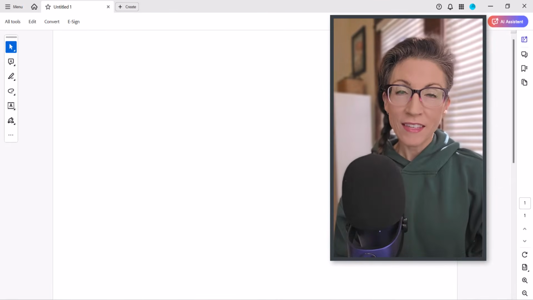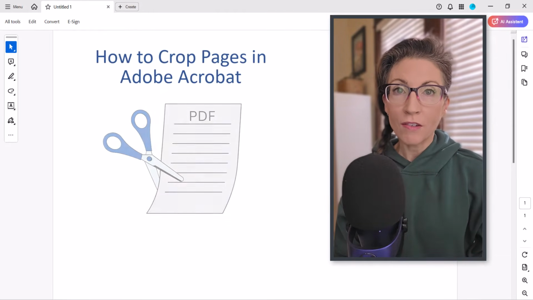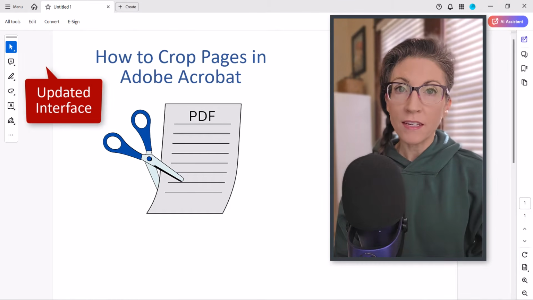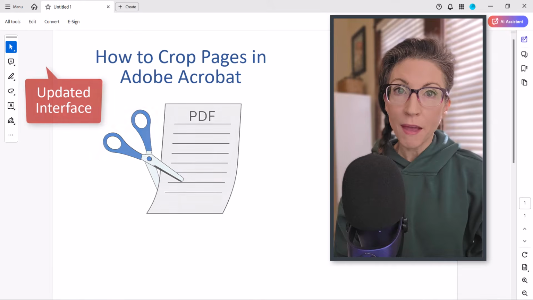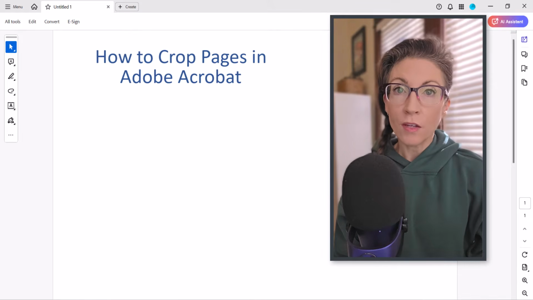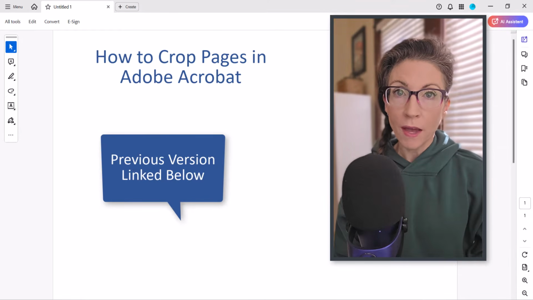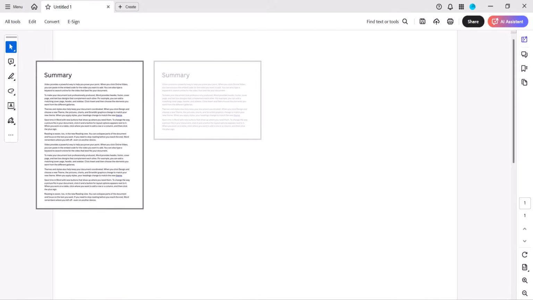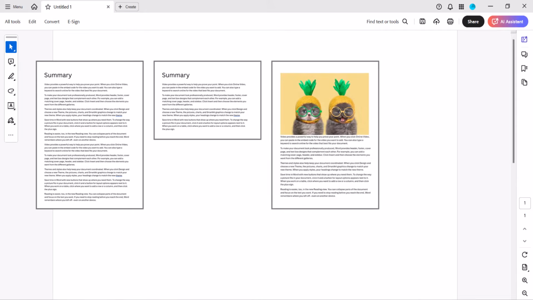Hello friends! This tutorial shows how to crop PDF pages in Adobe Acrobat using the updated interface on PC and Mac. If you are using an older version of Adobe Acrobat, please see the previous version of this tutorial, which will be linked below. Cropped pages can be used to focus your reader's attention on specific content or show images